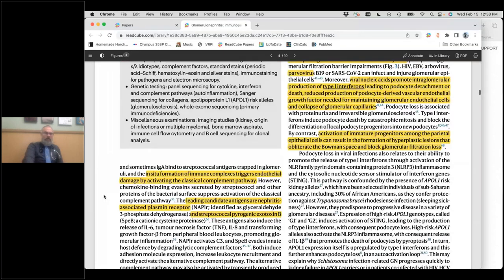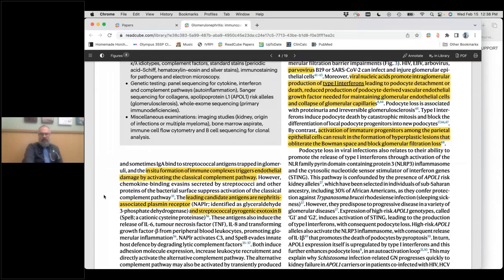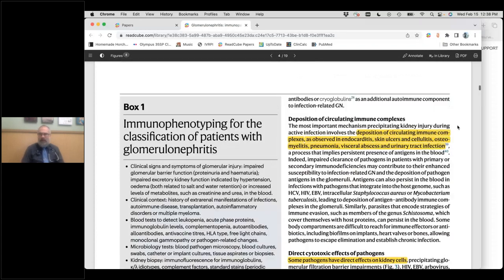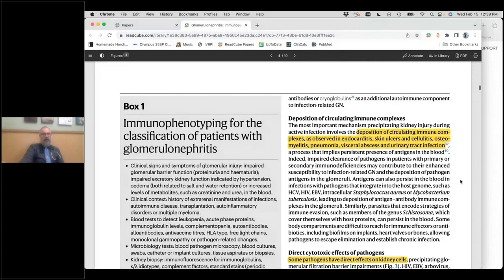So they talk a little bit about how the strep toxins can bind, which is very interesting, but again, I haven't seen a post-strep case of GN. Again, it's very uncommon that we see strep, period. And then the other pathway would be circulating immune complexes, and this would be with some systemic disorder. And we certainly worry about this maybe being the trigger, and if